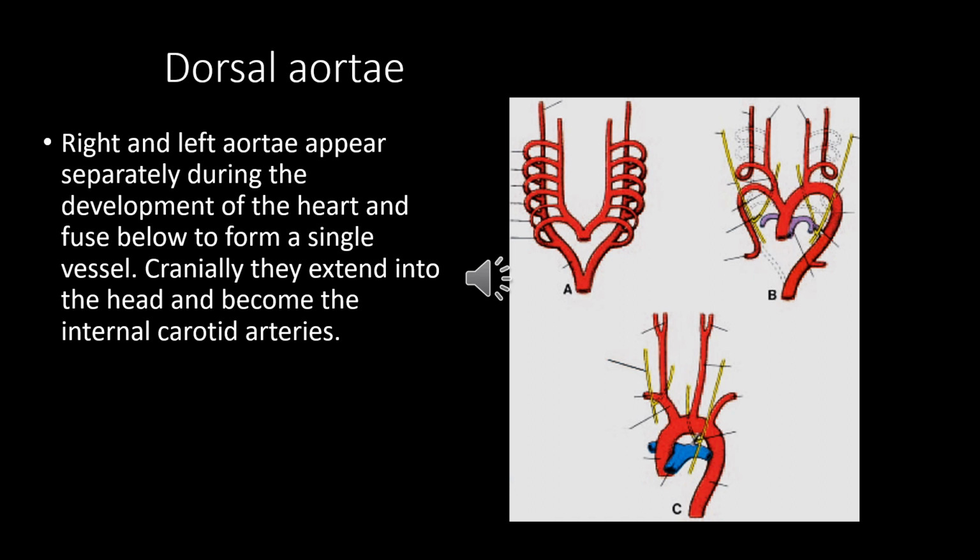it curves down to form the descending thoracic aorta, which will be on the left side of the vertebral bodies of the middle thoracic vertebrae, and gradually it comes to the midline. That is the explanation that the 2 dorsal aortae have fused to become a single vessel in the midline. Till the fusion, the dorsal aorta is indeed on the left side of the thoracic vertebrae. In these vertebrae, we can also see on the sides of the vertebral bodies there is a well-marked groove due to the pulsating aorta.